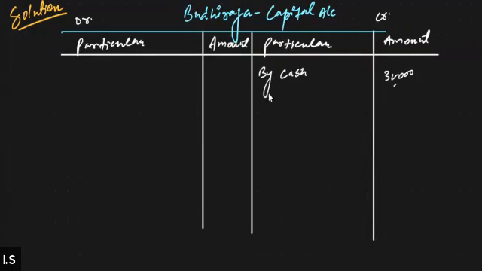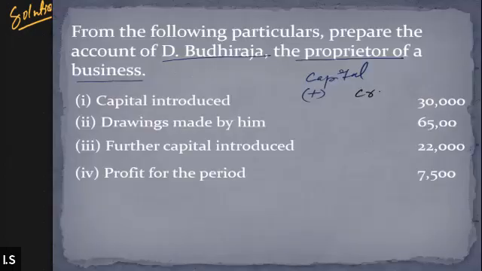Got it, everyone? Is this clear? Yes or no? Yes, sir. Then the next item is drawings made by him. Drawing is going to reduce the capital balance of the proprietor. Yes or no? Yes. This will reduce